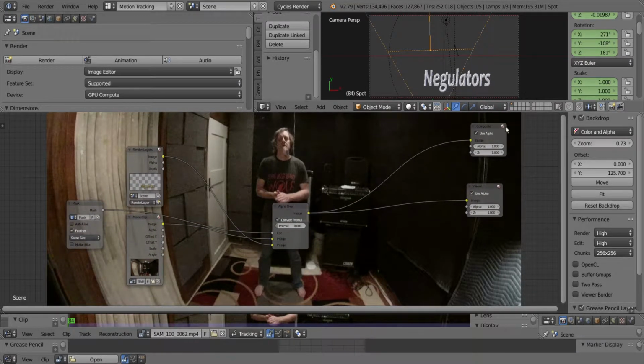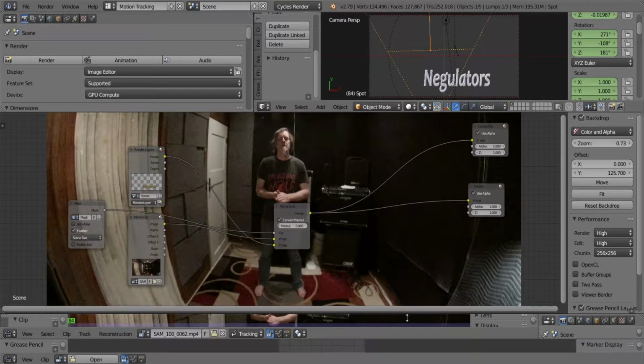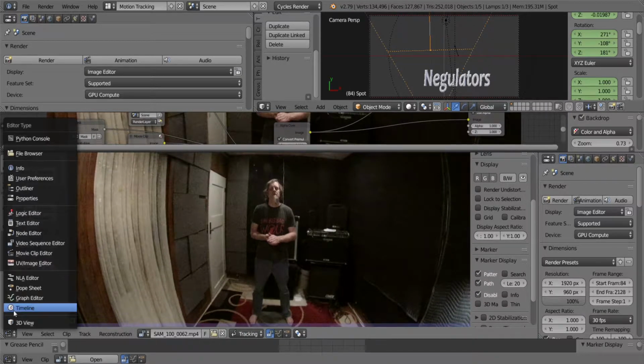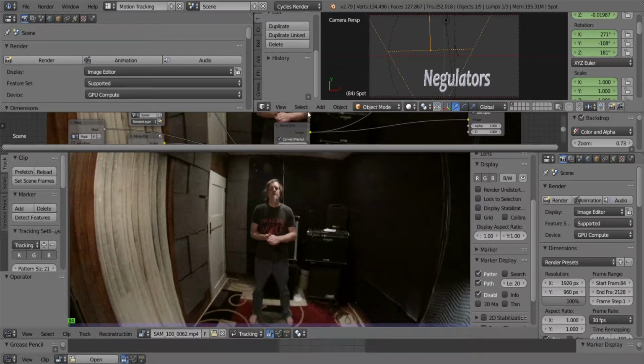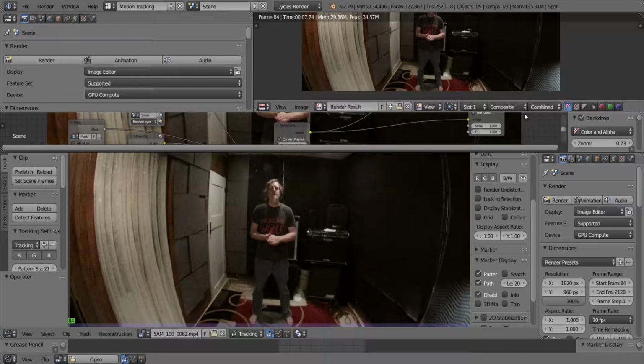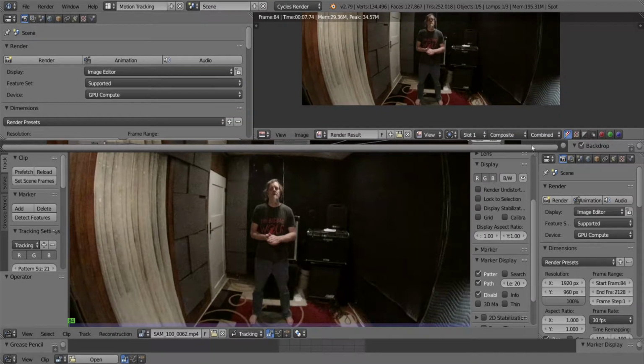Once you get all this set up, you've done your render, you can close this one. You don't need this anymore. The two that you really need to worry about are this window, which is your movie clip editor, and we're going to change this one from the 3D view to the UV image editor. That way you can view the progress